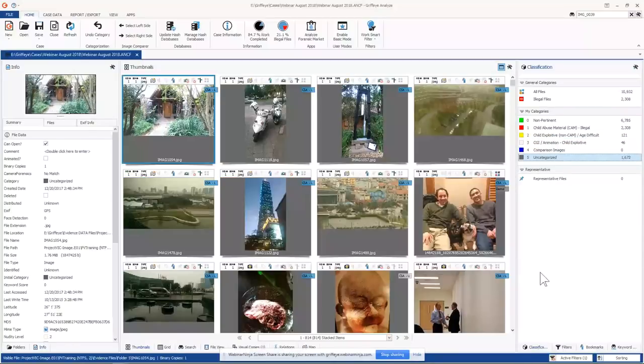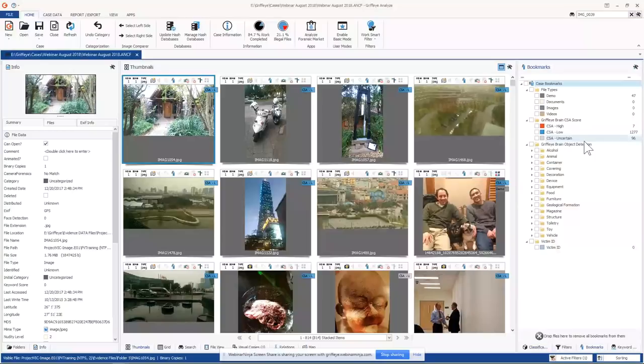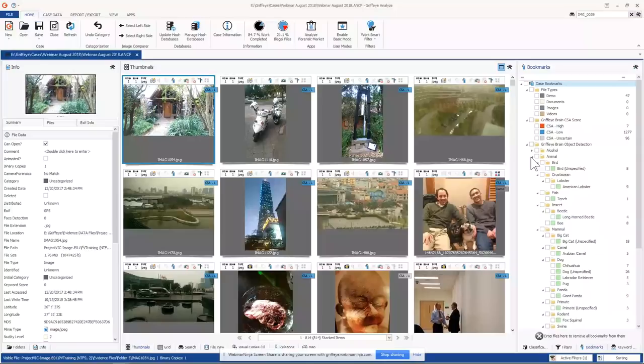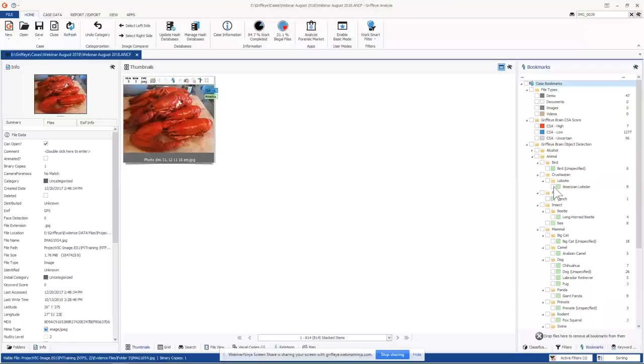One of the other things that we have now is the AI, the CSA brain. Along with the object detection as well, which is not built in, but is a plugin for Griffeye Analyze. It'll actually go through the pictures and videos and look for particular objects. Perhaps your investigation has to do with something important, let's just say this lobster for an example. As it brought the file in, it said, hey, look at this, it's a picture of lobsters,